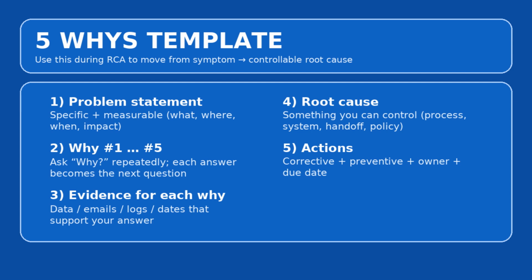Preventive actions means you need to stop the repeat. Process upgrades to prevent the same slip next time. Add a RACI for approvals in initiating. DoD for requirements including approval sign-off. Add schedule buffer for external approvals plus vendor lead time. Always include an owner, one person who is accountable, and the due date. You can also add a success metric, which is optional but powerful. Example: reduce rework from requirement changes by 50% next release.